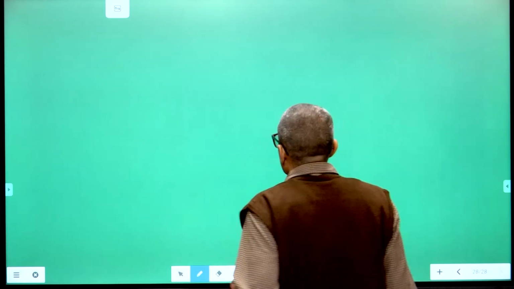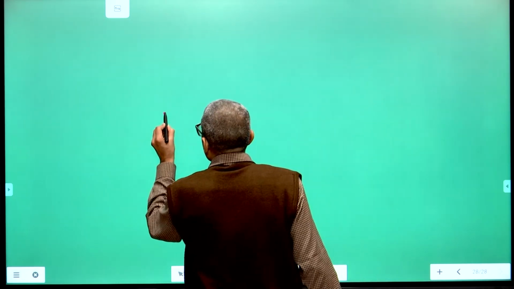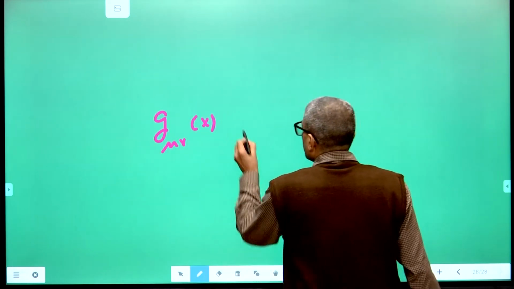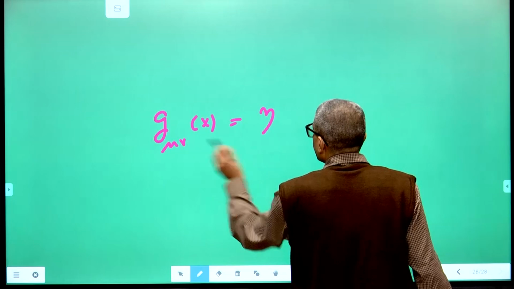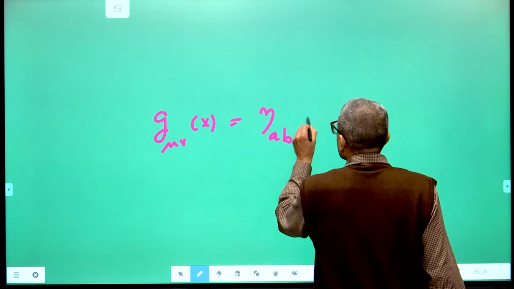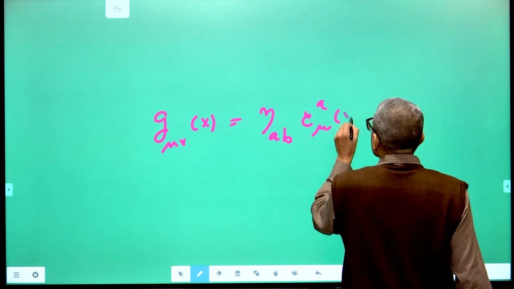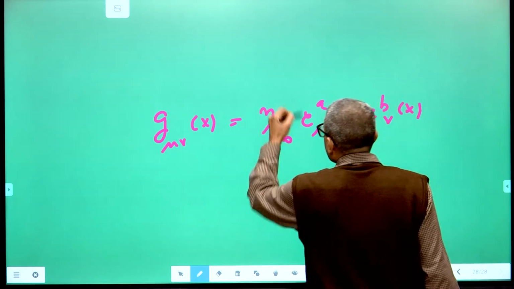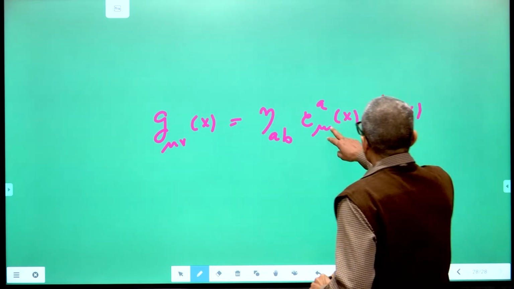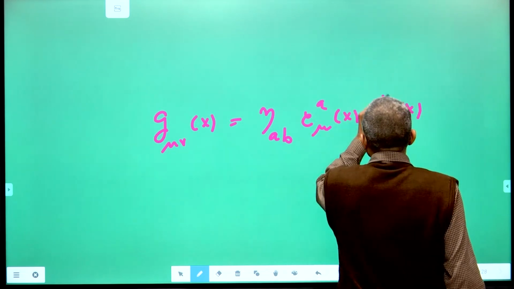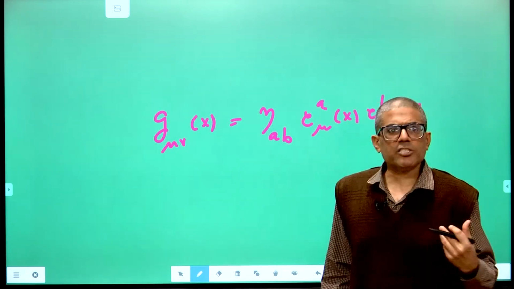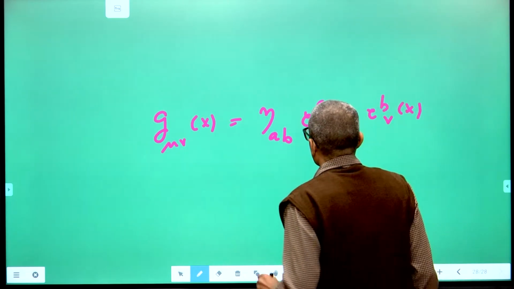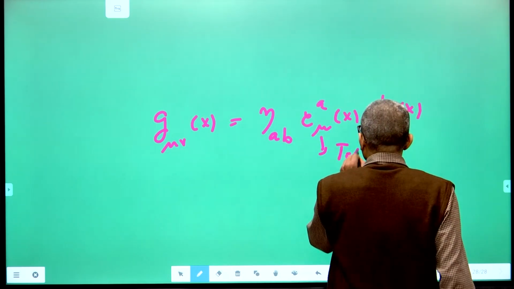Now how do you do this for the gravitational field? When you have gravity, it is described by a metric tensor G mu nu x, and you can use a tetrad notation. You can use a tetrad factorization of this as Ea mu x, Eb nu x, summed over A and B, where eta AB is the Minkowski metric and Ea mu are tetrads. The A and B indices transform according to the local Lorentz transformation, whereas the mu and nu indices transform according to diffeomorphisms. So this is called a tetrad.